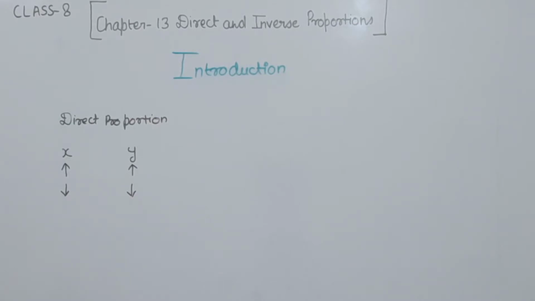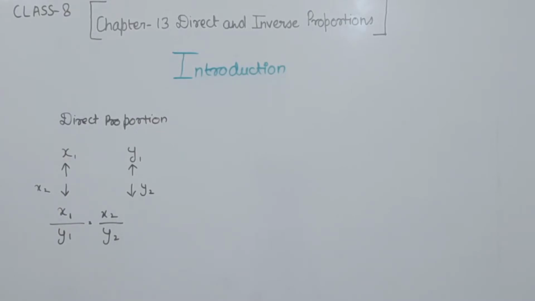So we can write direct proportion as follows. The first thing will be taken as x1 and the second one as x2. This is y1 and this is y2. Now how do we write them? This one is x1 divided by y1 and x2 divided by y2. We can write direct proportion like this.